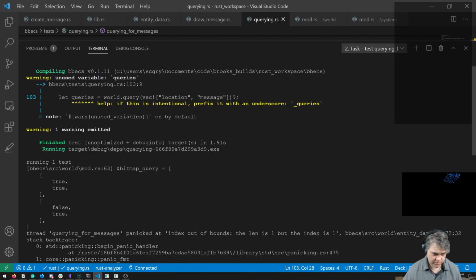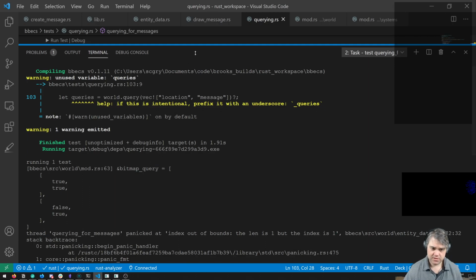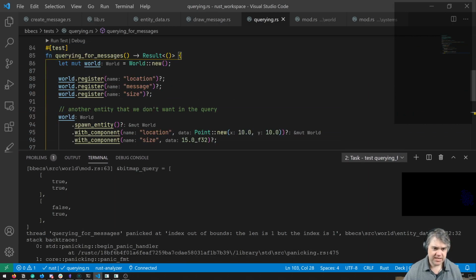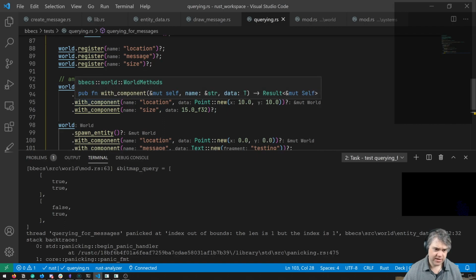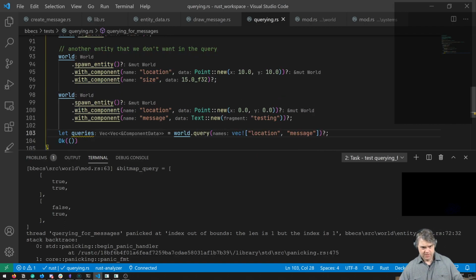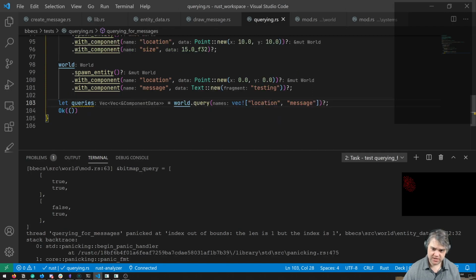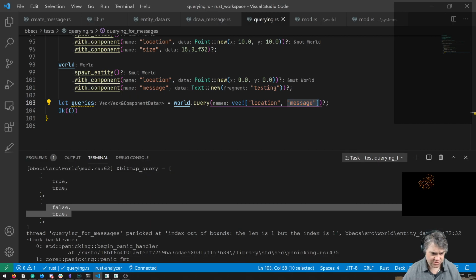Okay, so for our query, we get true, true, false, true. Looking at down here, we see our component location comes in. I think that they're in this order. Okay, we can see the queries here is location first and messages second. So these are locations, these are messages.